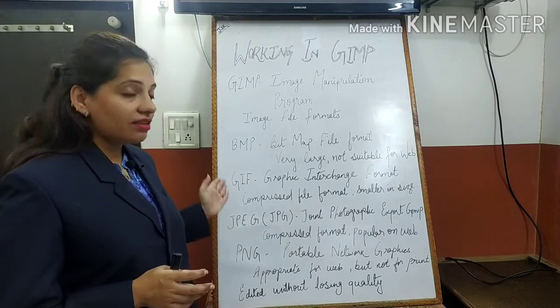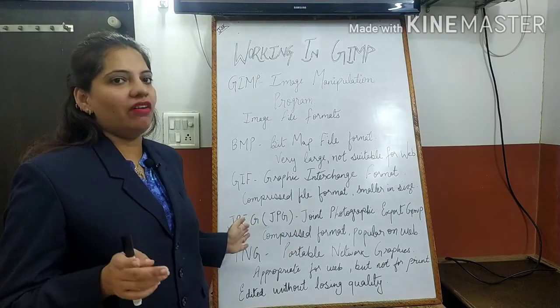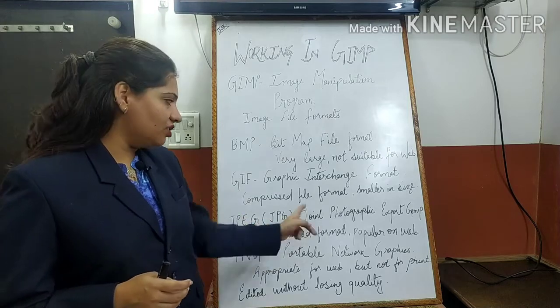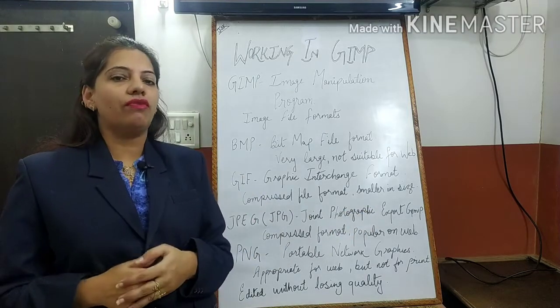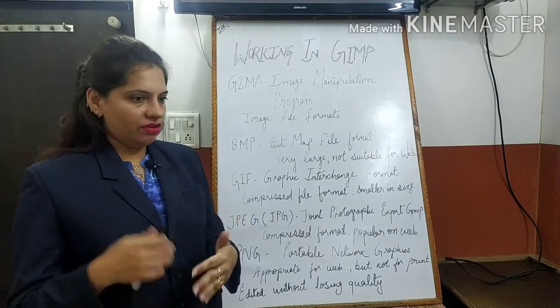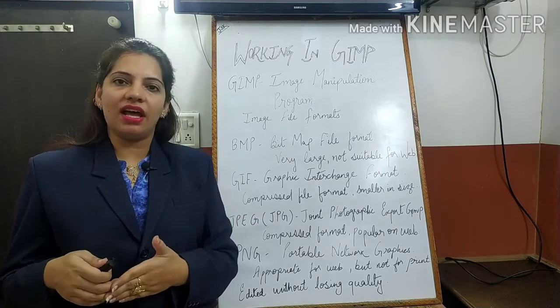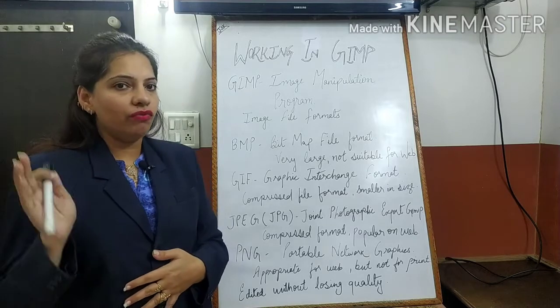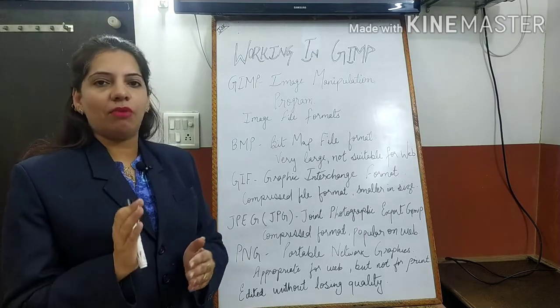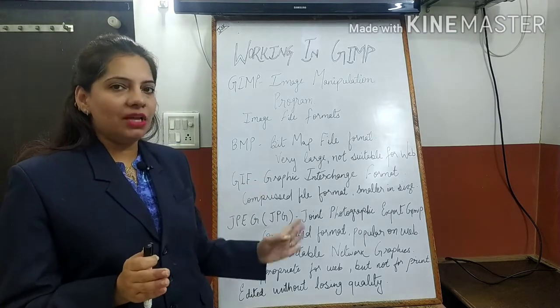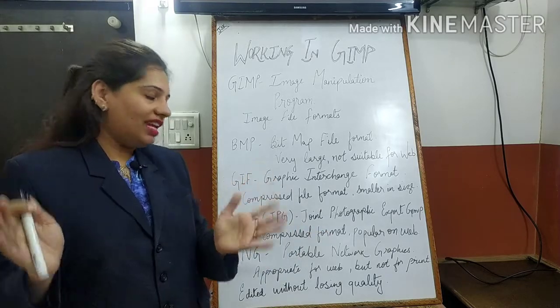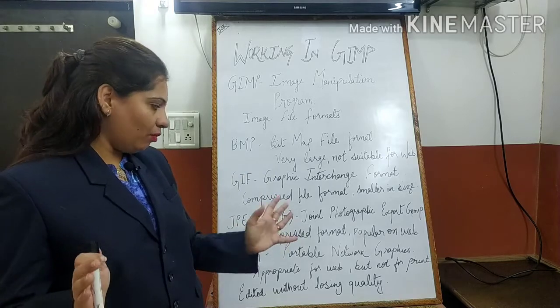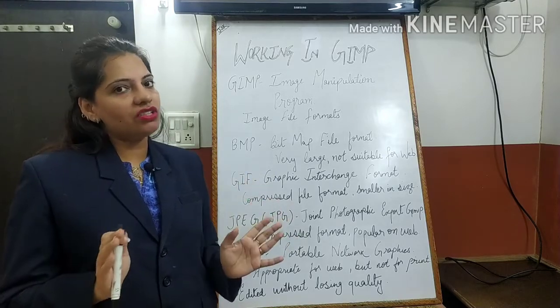The next one is the most popular one. You should be aware of this. JPEG, Joint Photographic Experts Group. This is the most popularly used format. Whatever photographs and different images are used on the internet, on the web, most of them are in the format of JPG. It is the most popular format. It is compressed, so it is not very large in size. Next, it can be comfortably used on the web.